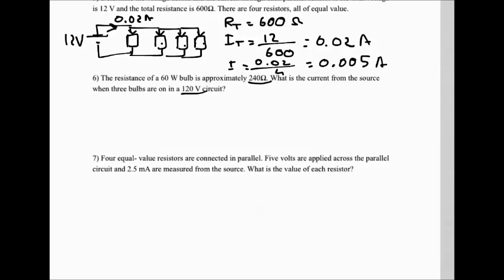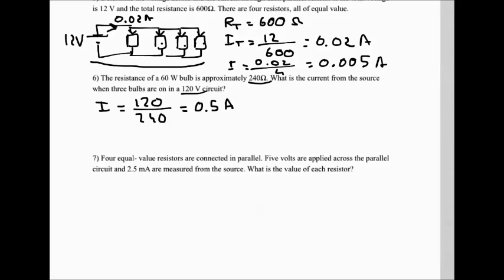Sorry, here you're given the resistance of each. So 120 volt, you can look back at this circuit here, and it's going to be the same idea. I have 120 volt across each resistor, so I can this time calculate the current across each resistor, which is 120 over 240, which is 0.5 amps. Okay, so each bulb is going to take 0.5